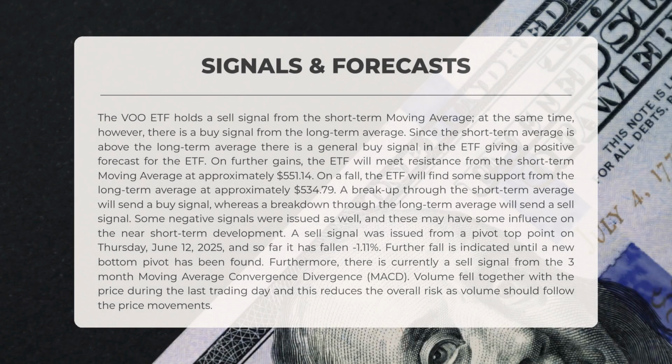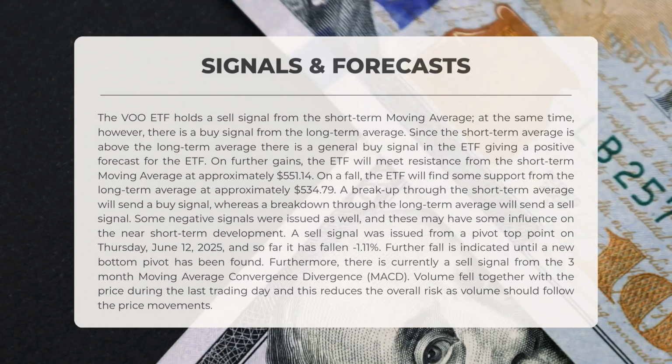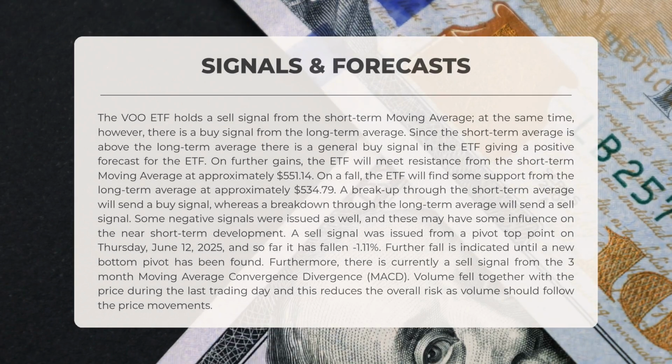The following signals have been identified for VOO. The VOO exchange-traded fund holds a sell signal from the short-term moving average. However, there is a buy signal from the long-term average. Since the short-term average is above the long-term average, there is a general buy signal for the fund, indicating a